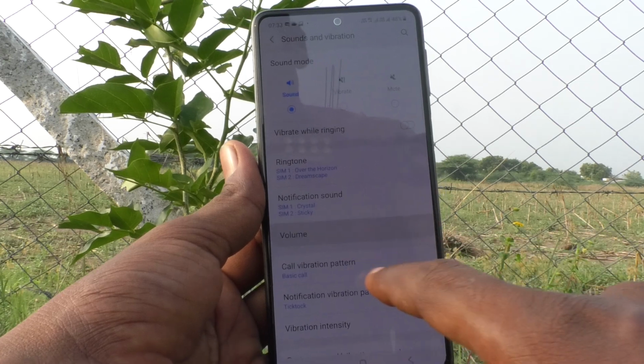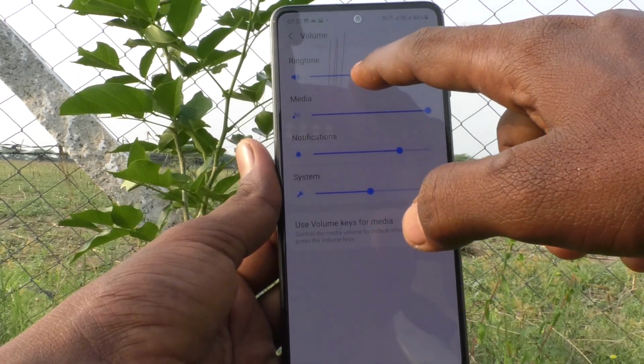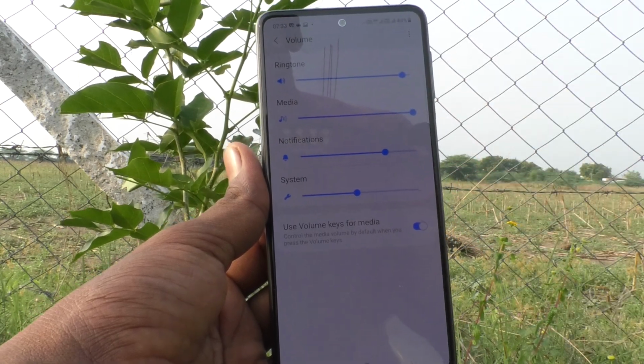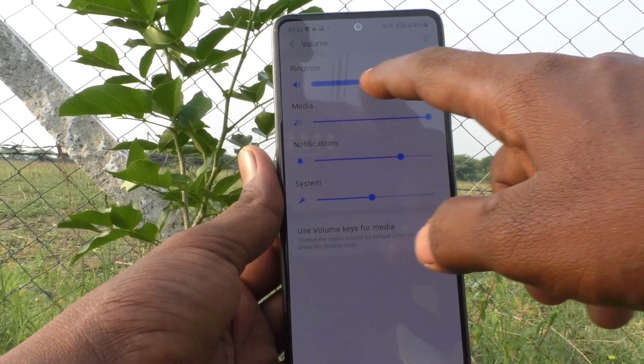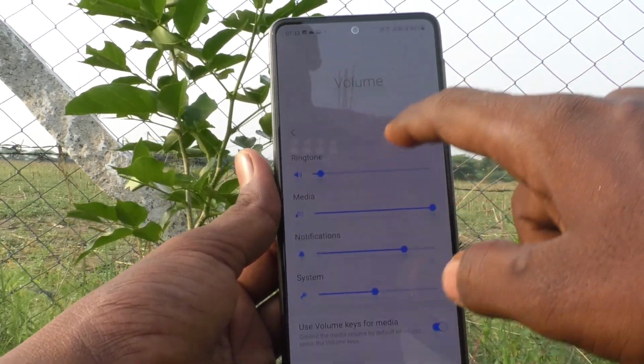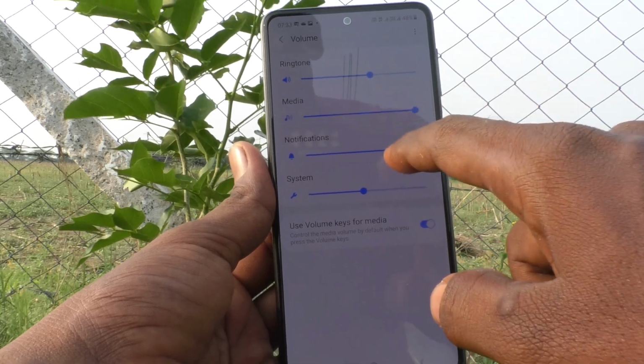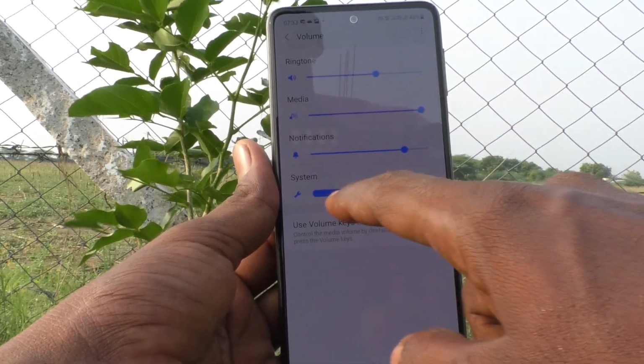And next, volume. Here you can just increase or decrease volume. For increasing, just move the cursor to the right side. For decreasing, move the cursor to the left side. You can adjust ringtone volume, media volume, notification sound, system sound,